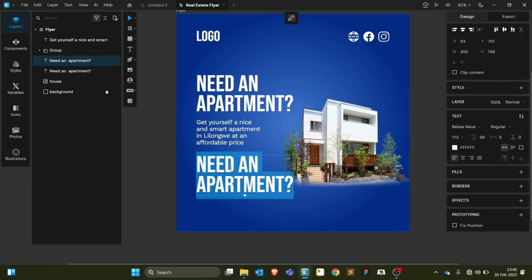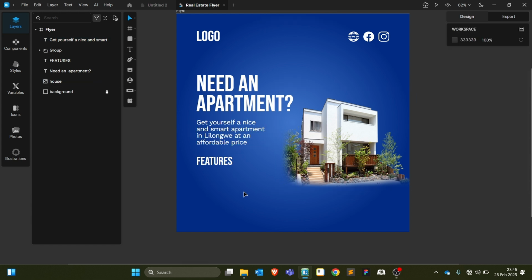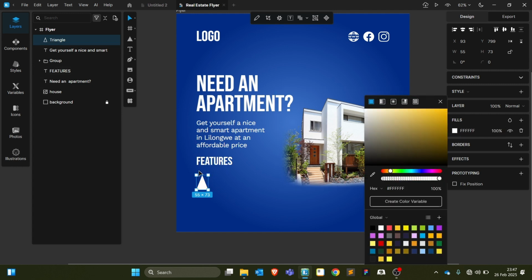So far so good. I'm just gonna duplicate as well and add more text. So it's gonna be the features, and right here just a little touch on the text, and I'm gonna go on the shapes, and I'm interested in the rectangle. We have different shapes there, but I want the rectangle. So I'm just gonna drag there and change the color to white and reduce the size and rotate it. So I'm just gonna rotate it at 90 degrees